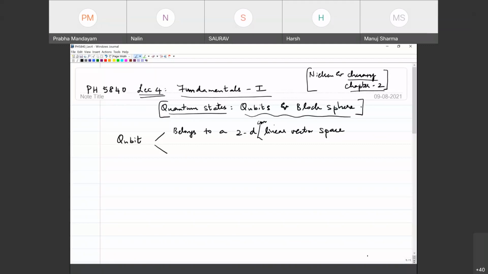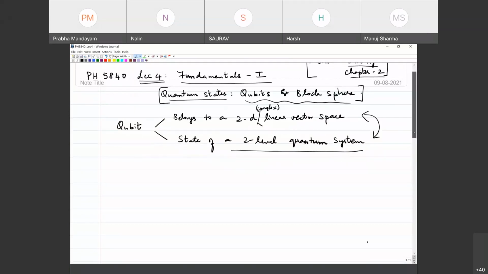And the other way of looking at it is that it is the state of a two-level quantum system. So let us try to understand this aspect better. And of course, they're both related to each other. And the way we'll try to understand this is by reviewing some of the basic postulates